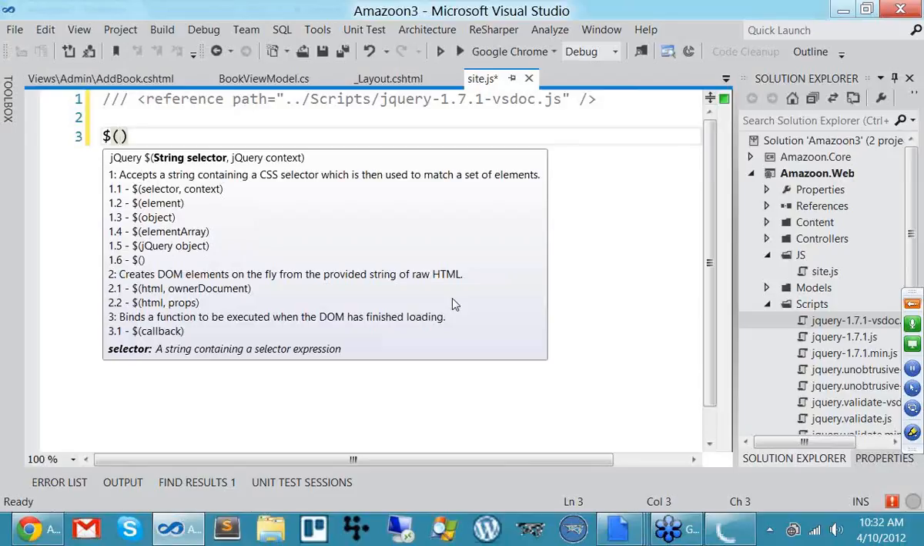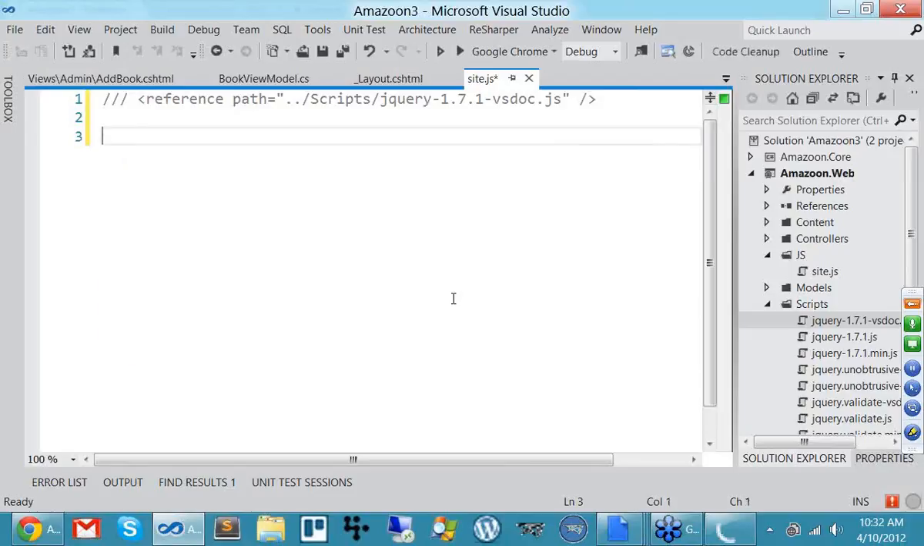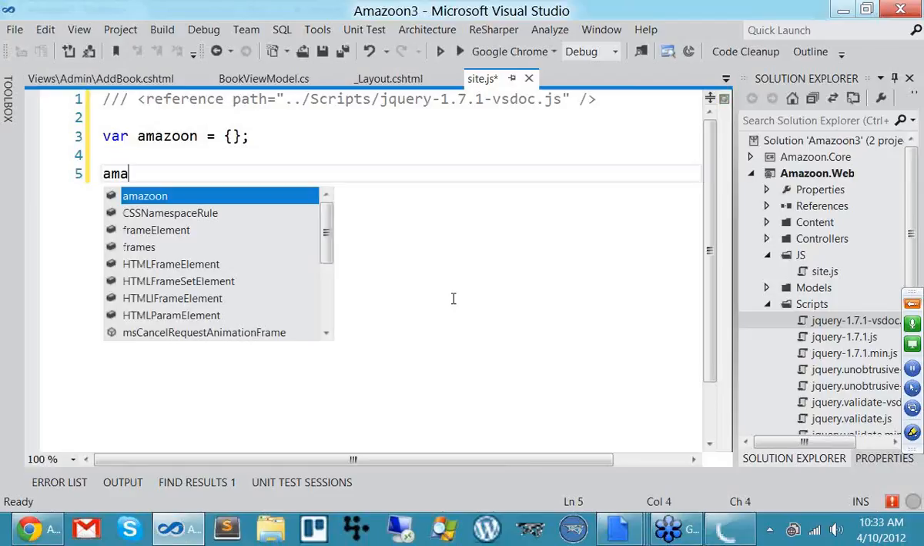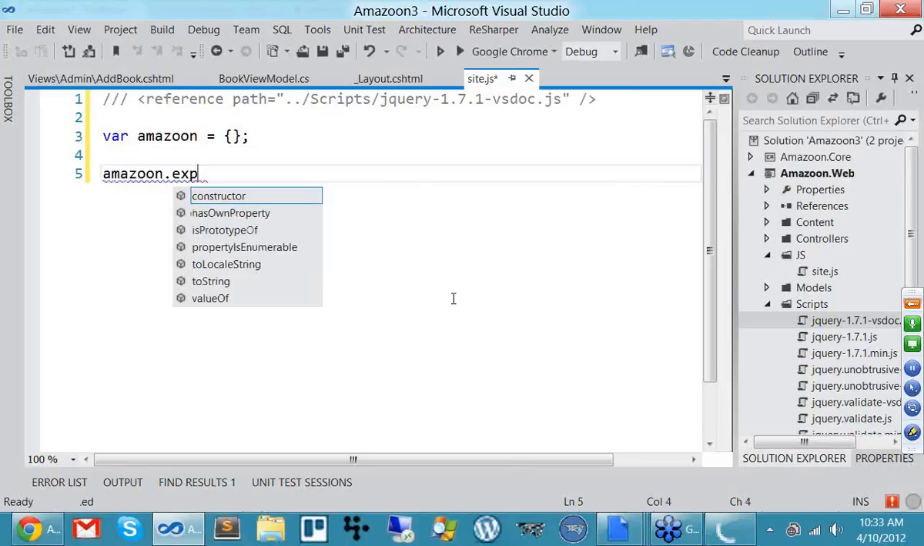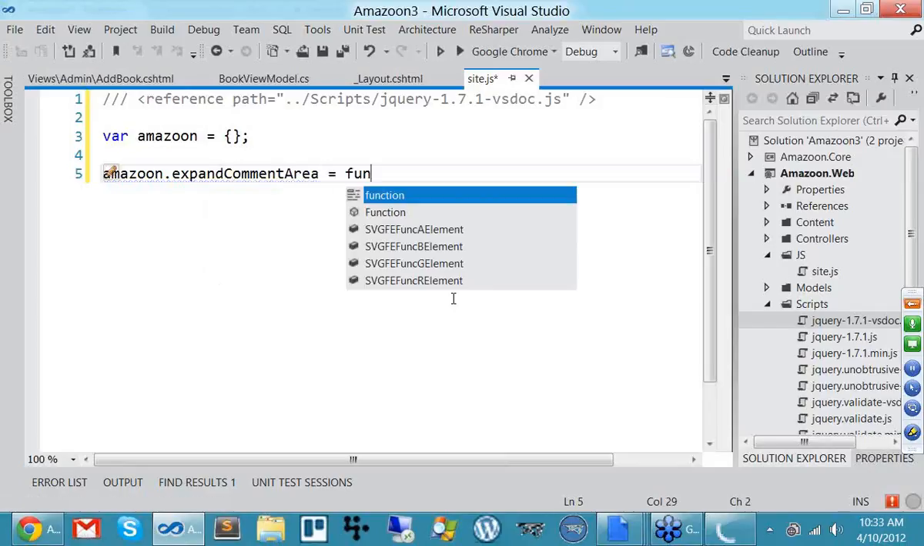Okay. The other thing that you should probably be doing is using namespaces so your objects are more discoverable, self-contained, all that kind of stuff. So let's say var Amazon equals that. JavaScript namespaces are really just objects that contain other objects. So here's an empty object, and that lets us write some methods. So I can say Amazon dot expand